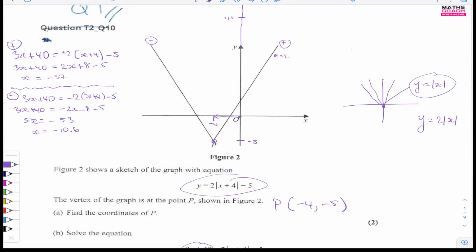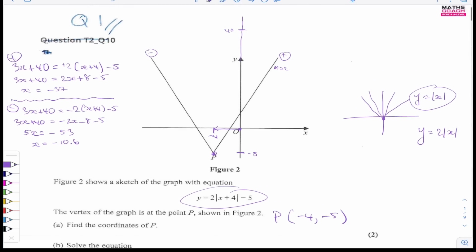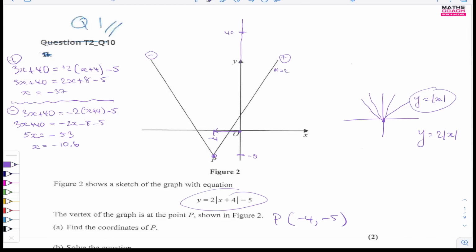Now, the other line is 3x plus 40. The intercept is at 40, so it'd be a straight line going down like this, but the gradient of this line would be 3. So this line is steeper than this one here. So as this line goes up, it is steeper, so it moves away from the line below. The further you go up, the top one goes upwards, the other one goes the other way, so they will never intersect going up. But if this line was to continue downwards,